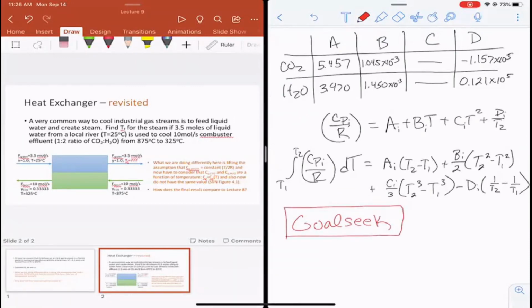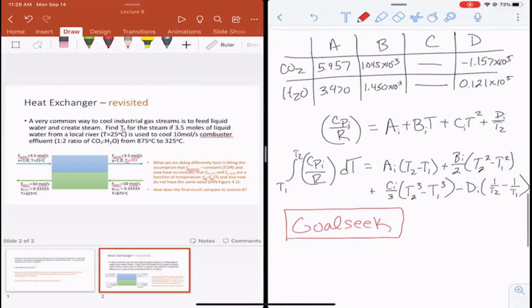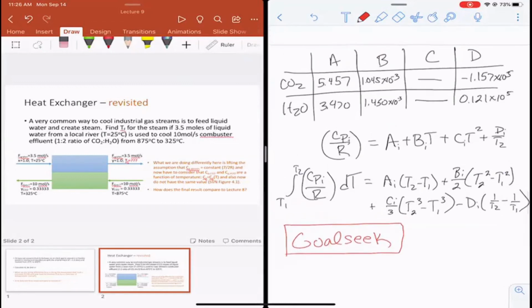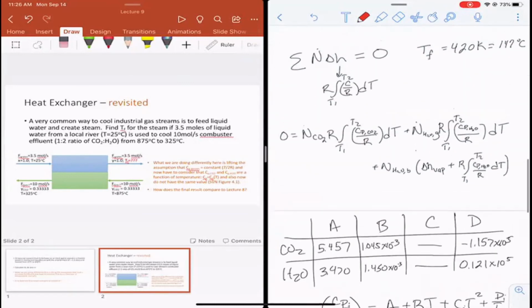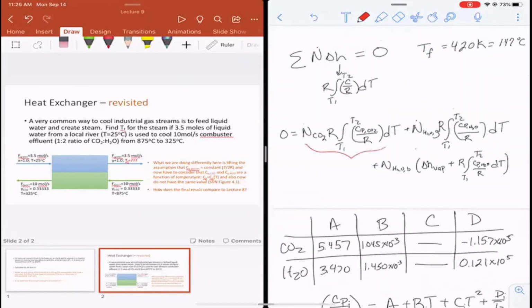Set up an Excel spreadsheet where we put in all of the information that we know about all of the gases, and then we can calculate the value of all of these terms, right? Or maybe if you want to highlight these, and then we actually can set a cell equal to 0 by changing the final temperature, right? So we can have a cell that is our energy balance